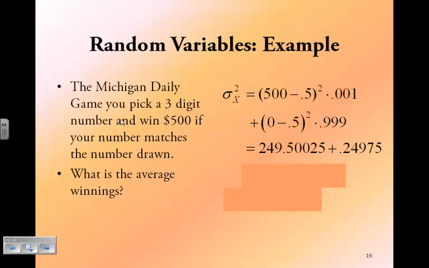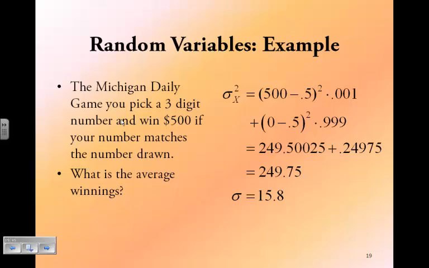Do a little bit of math, use your calculator, let your fingers do the walking, and there's your answer. So your variance is 249.75, and your standard deviation is 15.8, because you have to take the square root in order to get the standard deviation. All right, so hopefully